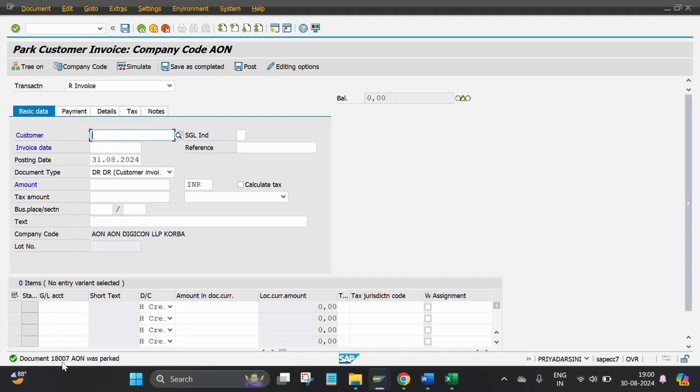This is document number 18007. A parked document won't impact your ledger account directly. You have to post, then it will impact your ledger accounts like the balance sheet and